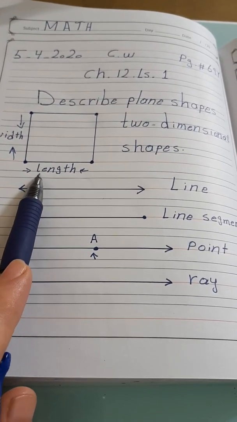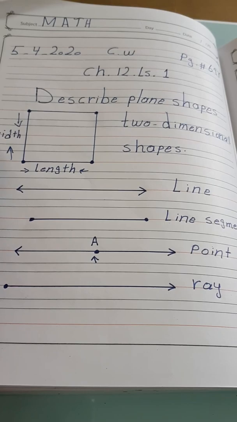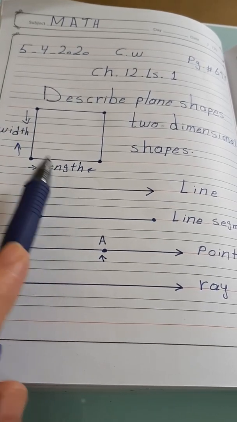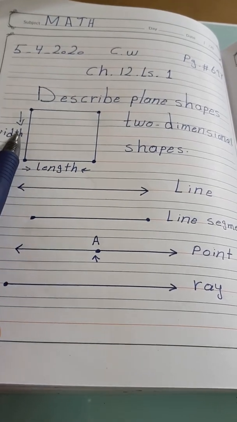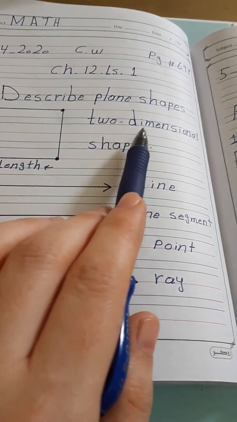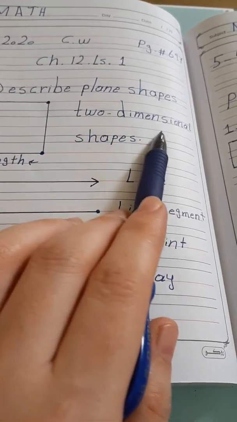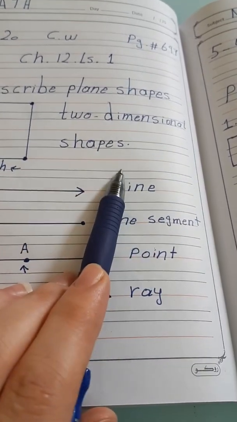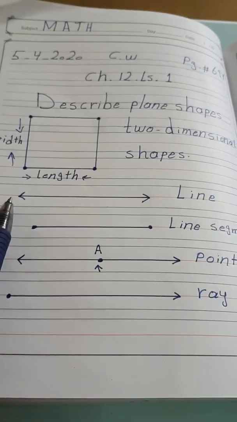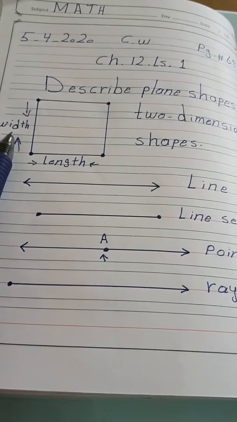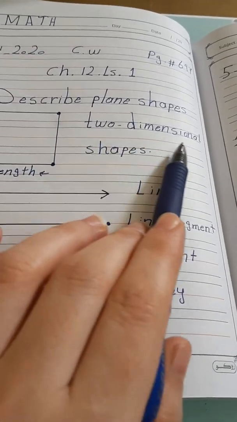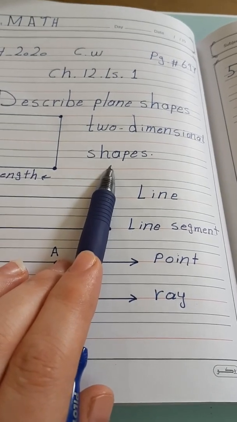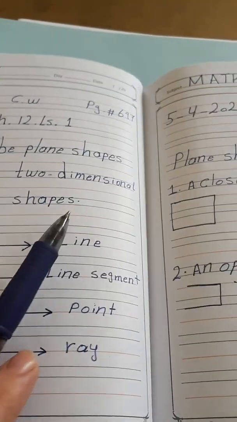This is the length, and this is the width. This square has length and width, so what do we name it? Two-dimensional shape. Any shape that has length and width, we name a two-dimensional shape. Okay, and we can say that any plane shape